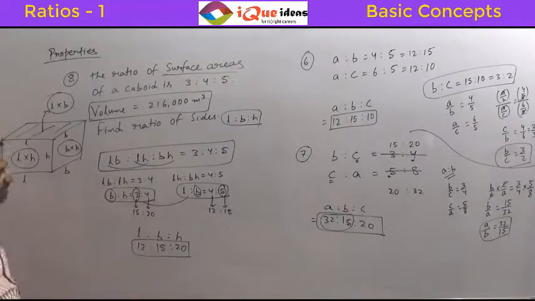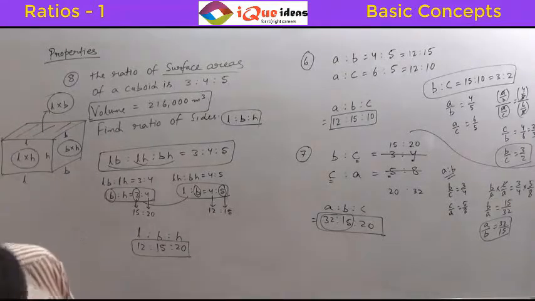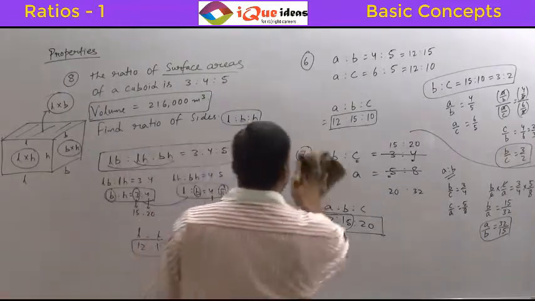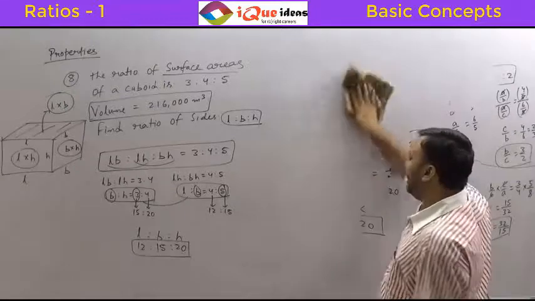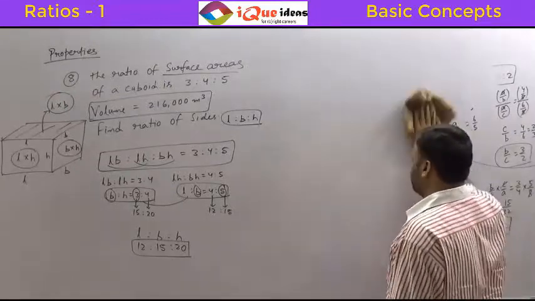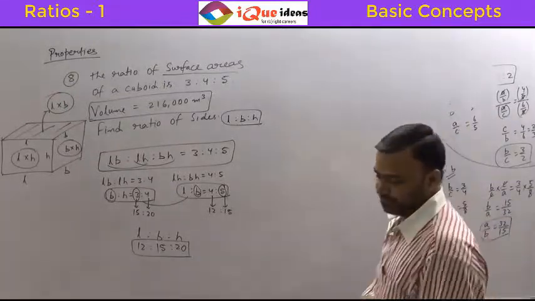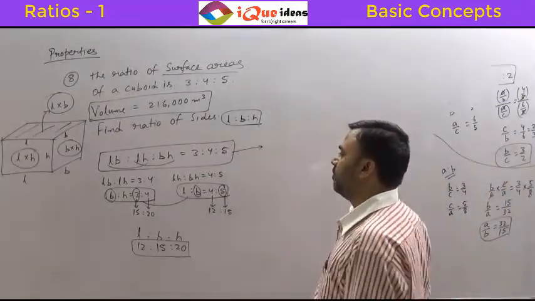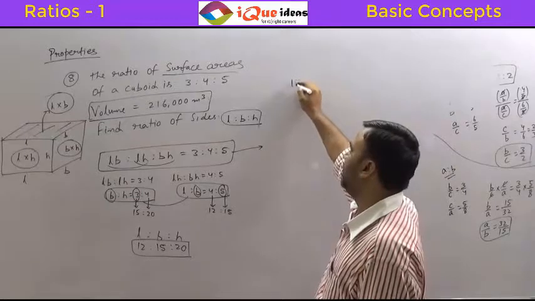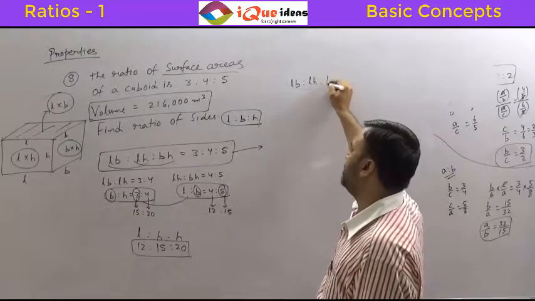Volume was just camouflage, which you should avoid in this case. Not necessary. See, understand, we are not asking the values of length, breadth and height. We just want the ratio of length, breadth and height. Okay? Now, from here only, there is one more way of doing this. I'll write this again. LB is to LH is to BH